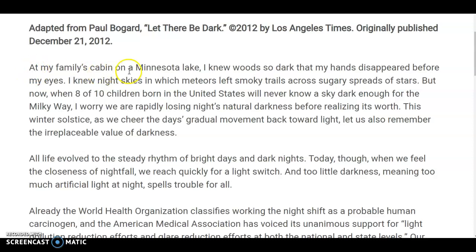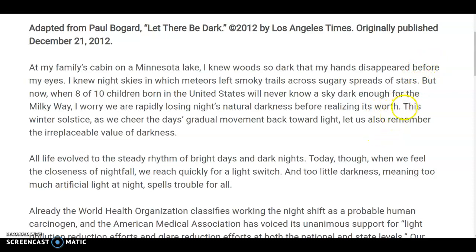"At my family's cabin on the Minnesota lake, I knew woods so dark that my hands disappeared before my eyes. I knew night skies in which meteors left smoky trails across sugary spreads of stars." That's imagery right there. "But now, when 8 out of 10 children born in the United States will never know a sky dark enough for the Milky Way, I worry" is emotion. "We are rapidly losing night's natural darkness before realizing its worth." He had this anecdote to lead to his thesis statement, which should be right here,